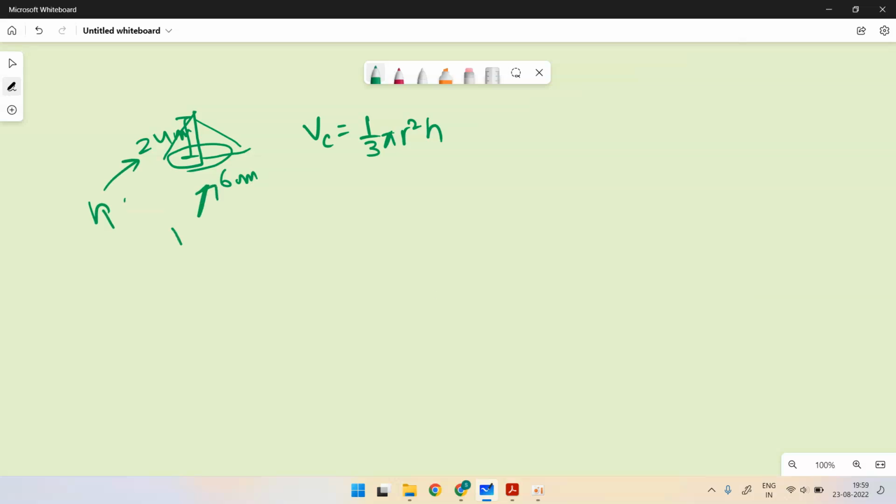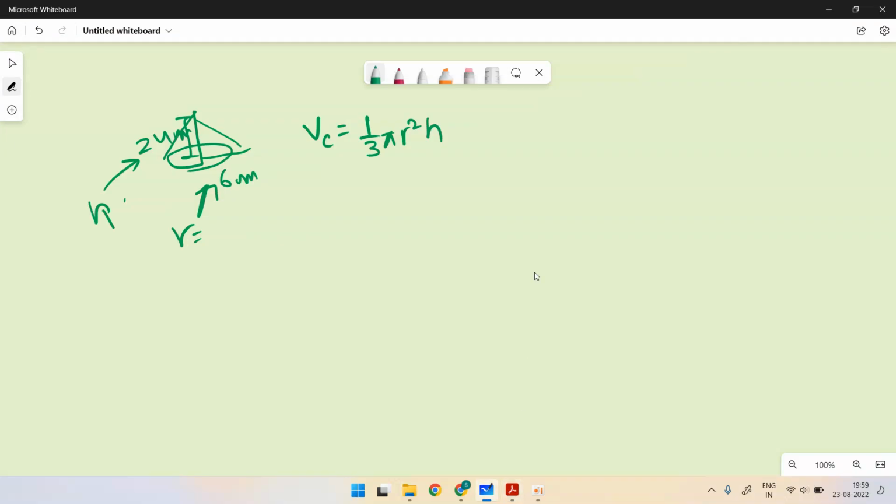A cone of height 24 centimeter and base radius 6 centimeter. Volume of cone is 1 by 3 pi r square h, where h is 24 and r is 6 centimeter. The clay is used to make